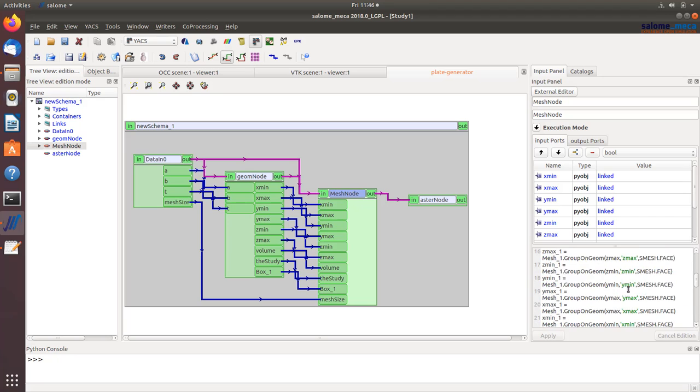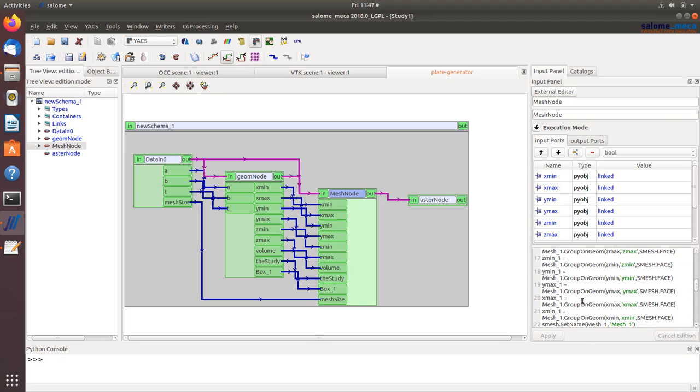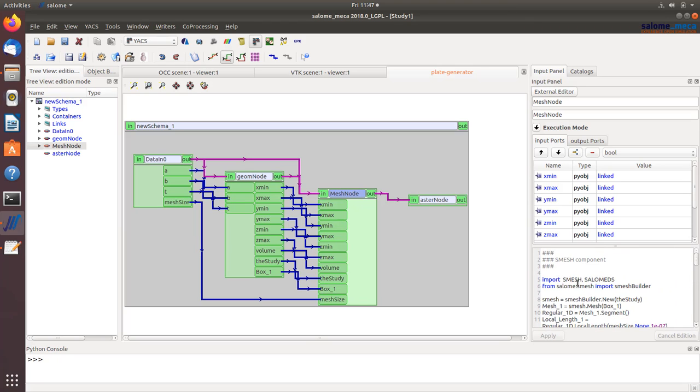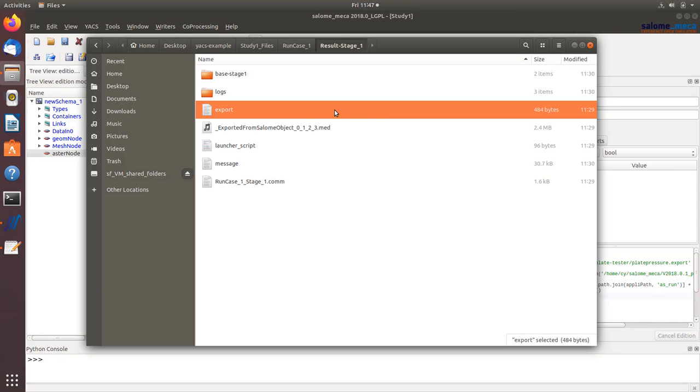path for your files. So make sure that you're, sorry, I'm on the wrong node. Make sure that you are in the right folder. So if you see here, I'm in home, Cyprien, desktop, plate. So I'm not in the right folder and I'm not giving it the right export file. So I have to go to this path. So let's